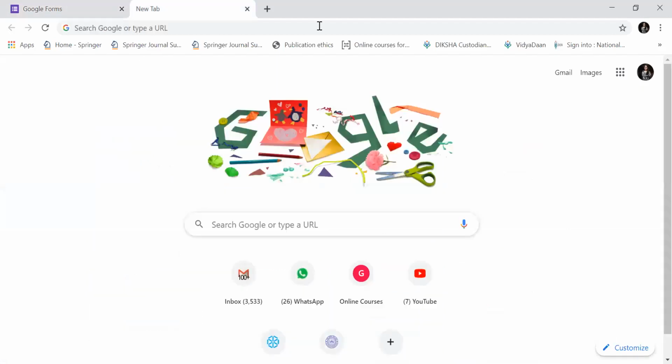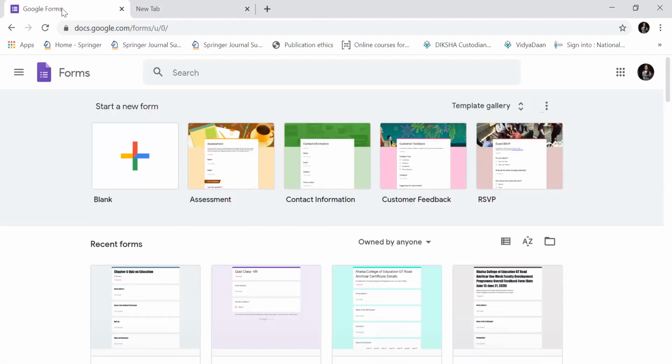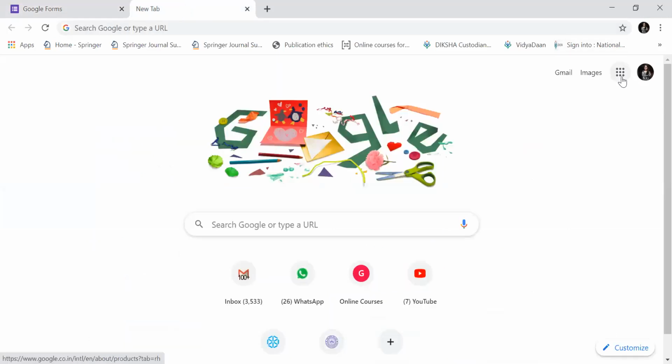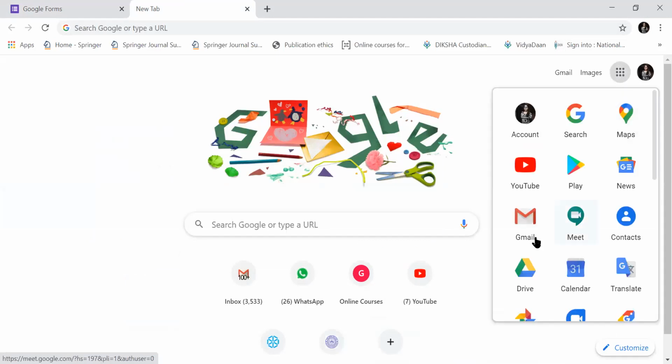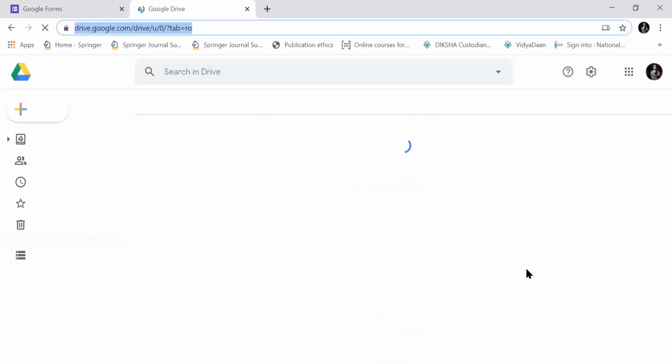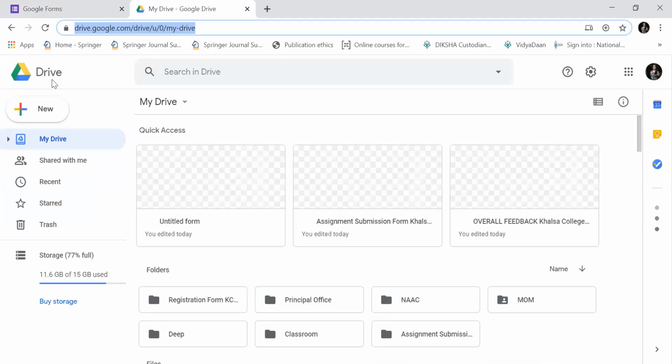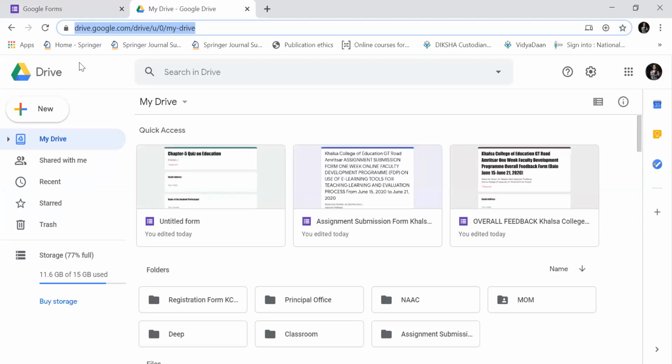So this is the first way: you just go to the search engine, write Google Form, and the window will appear. The second way is, if you are using a Gmail account, then you must know there is a Drive. You will click over there, and the window will appear like this. So this is your Drive. Whatever you are doing on Google Docs, Google Slides, Google Sheets, as well as Google Form, everything will be automatically saved here. This Drive provides you 50 GB of data free of cost, right?